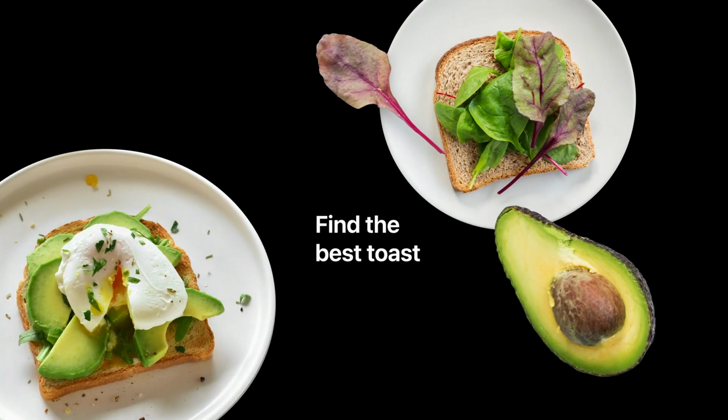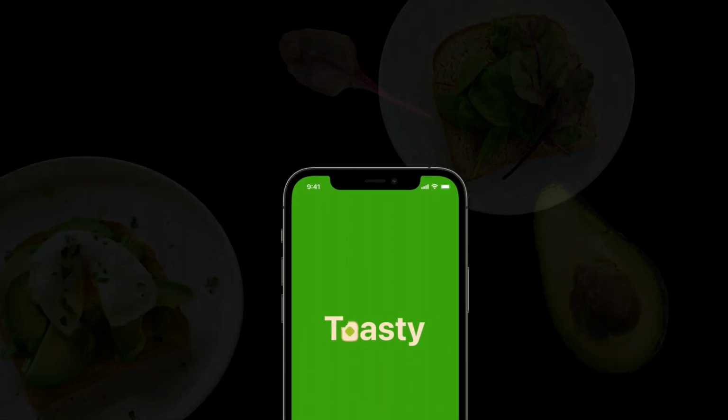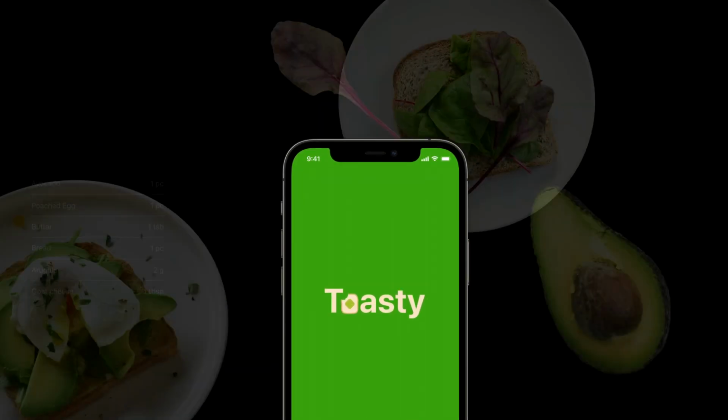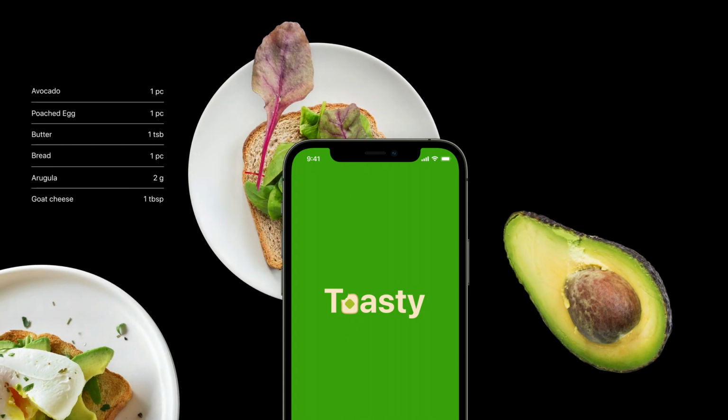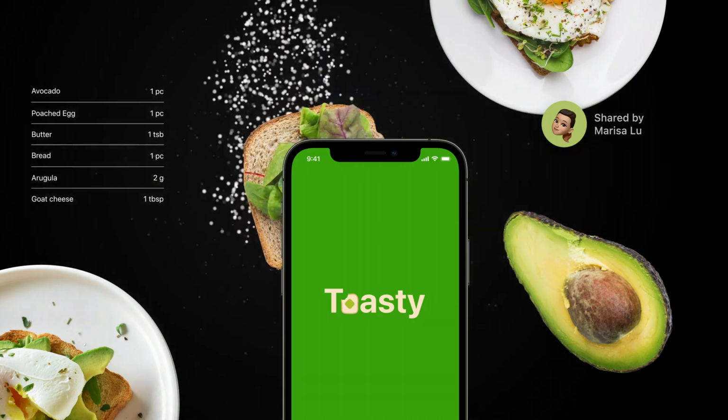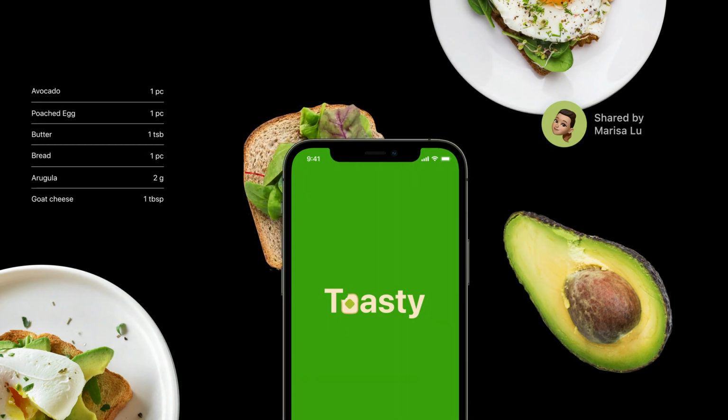Let's use an example to explore different ways to make your app more discoverable. For several years now, our team has worked on a boutique app for finding the best toast. This year, our app is expanding into making toast. Introducing Toasty, the premier smart toast recipe generator. You can choose recipes from a curated selection of toast. You can see fancy toast your friends made. You can even generate a recipe by taking a picture of toast that's right in front of you.